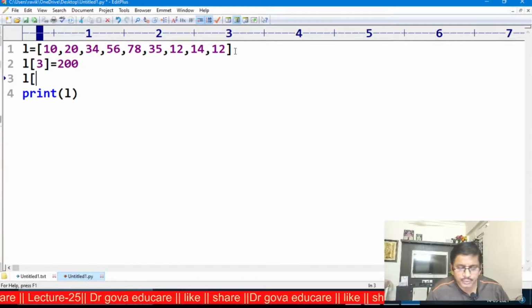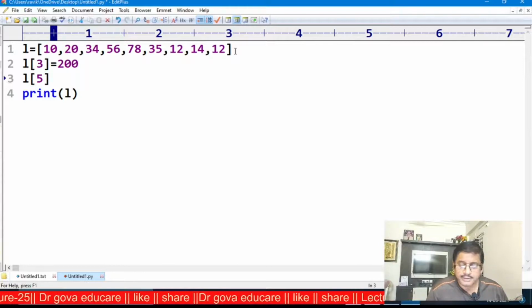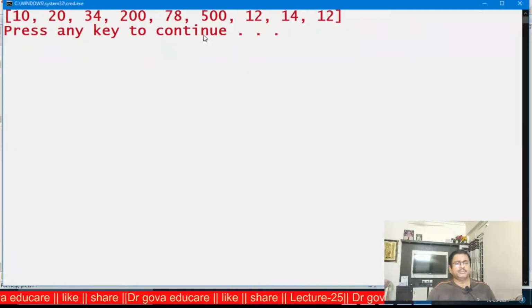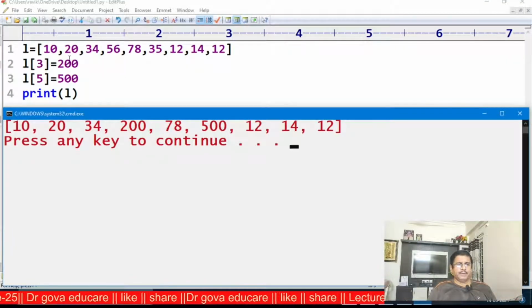L of 5, we change it to 500. Observe the output: 10, 20, 34, 56 is replaced by 200, 78, 35 is replaced by 500.